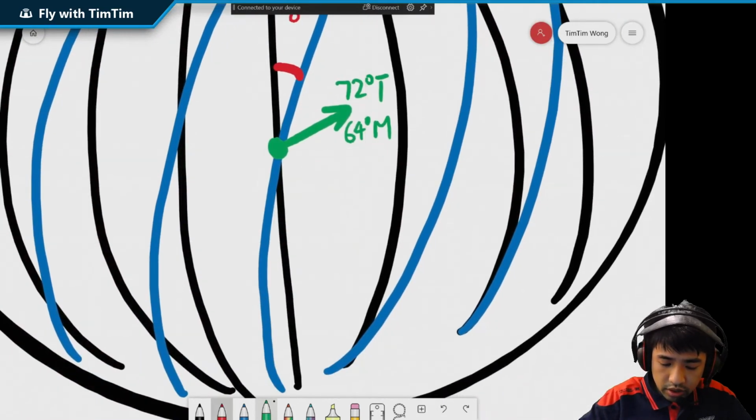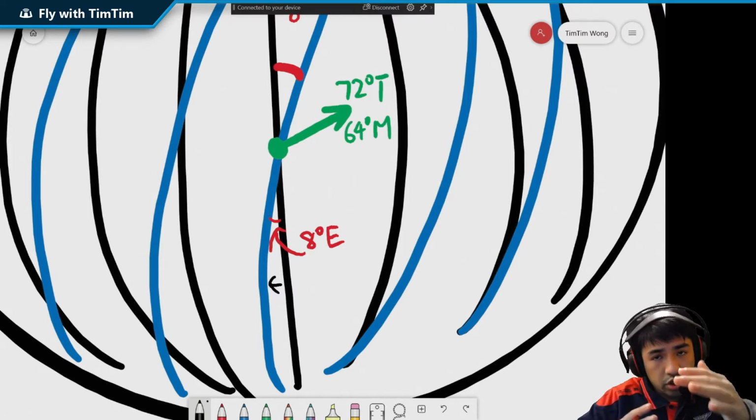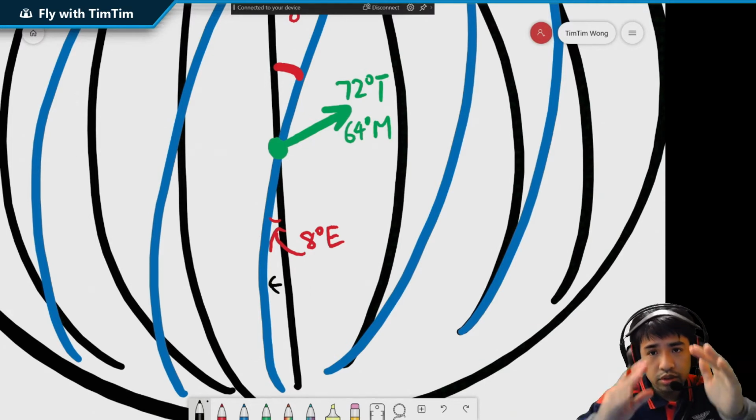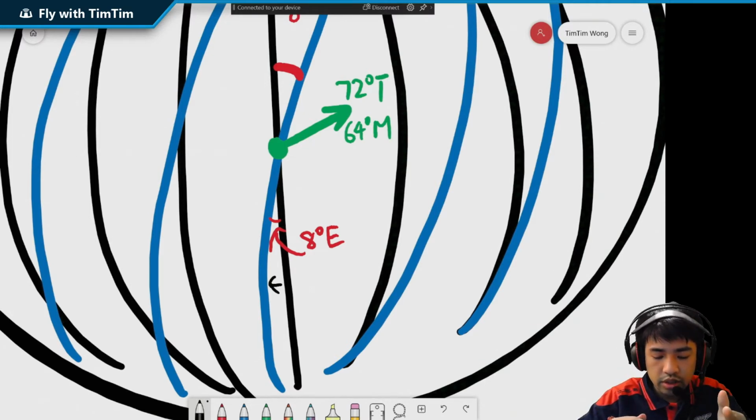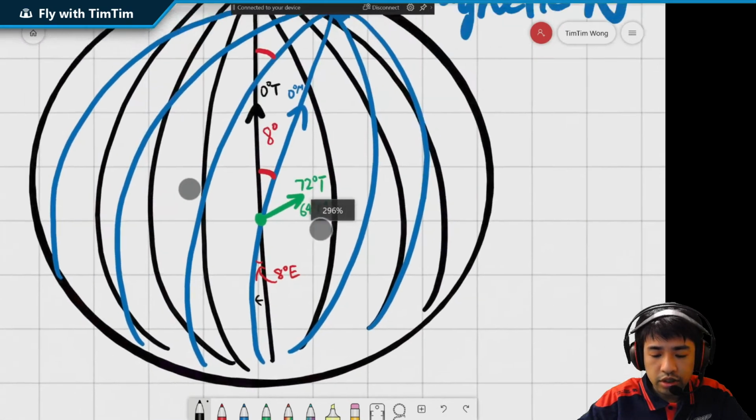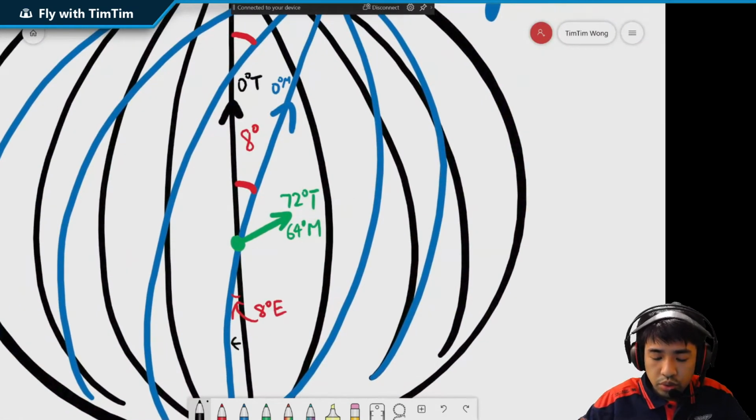And it's the same on the other side, because here is also 8 degrees east. Because from the black line to the blue line, you go clockwise on the Earth's surface. So that is from north going east. The definition of variation is that it goes from true north to magnetic north, no matter from which direction